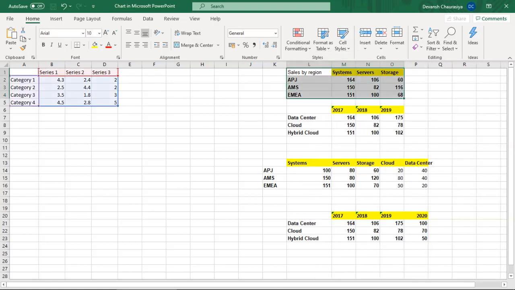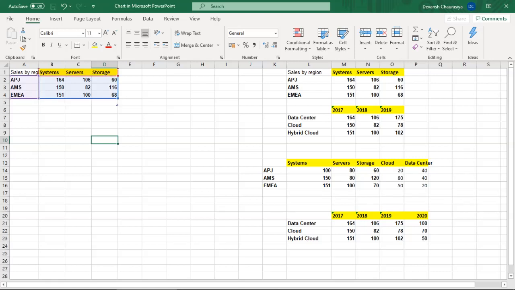I copy this and I paste it here. This last line is not required. I can delete it. I can hover on it and drag it to set my data.